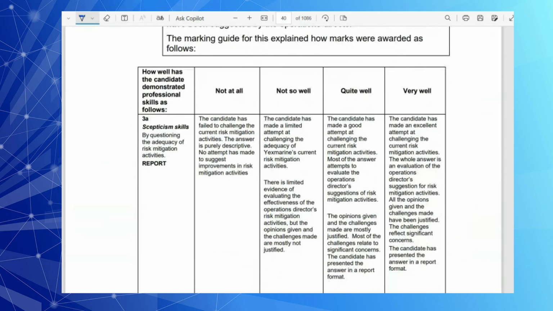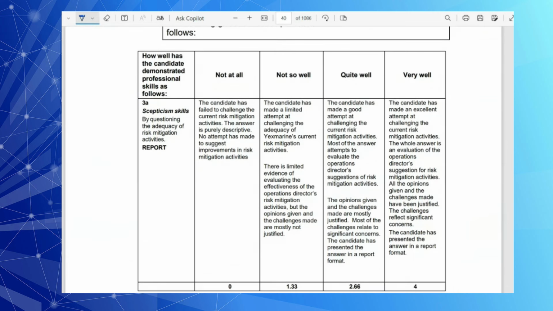So how is this marked? If your answer is not according to the level, if you are getting a zero, it means the candidate failed to challenge the context of risk mitigation activities. The answer is purely descriptive, and no attempt has been made to suggest anything. This means, if you give only book knowledge and write a paragraph like you did in